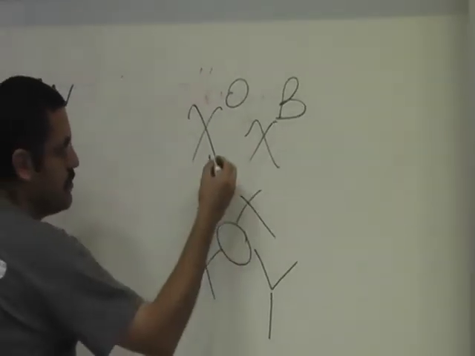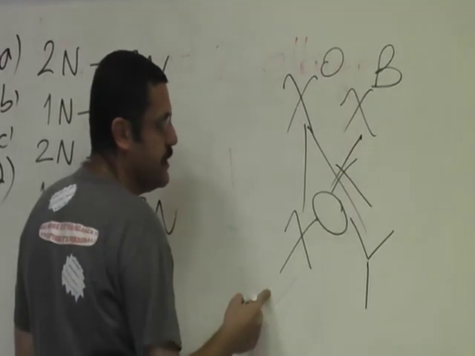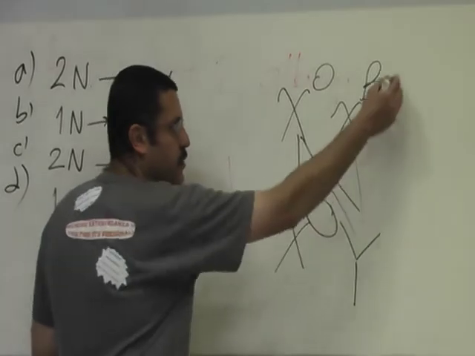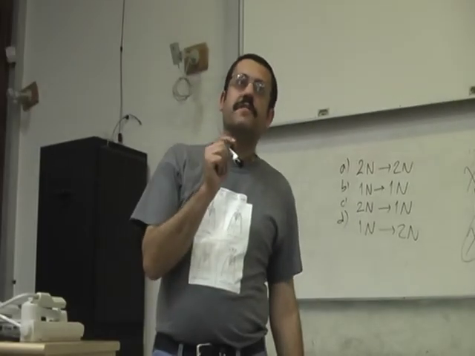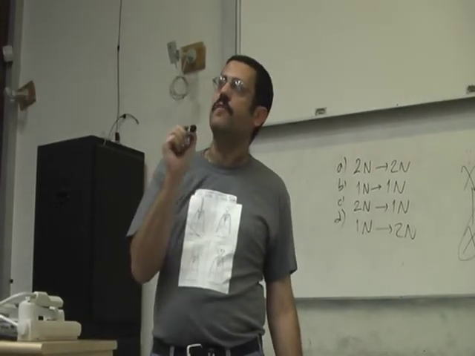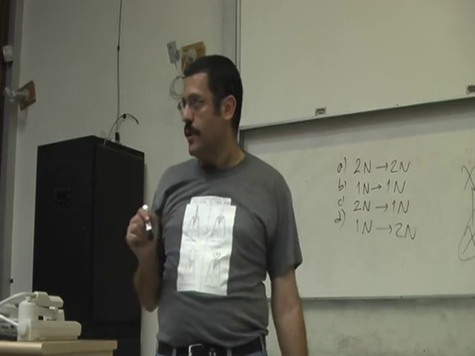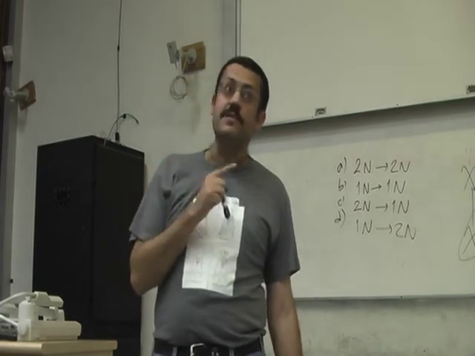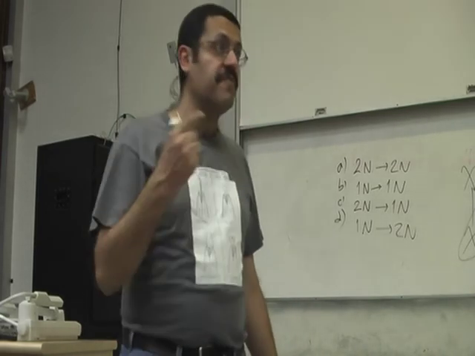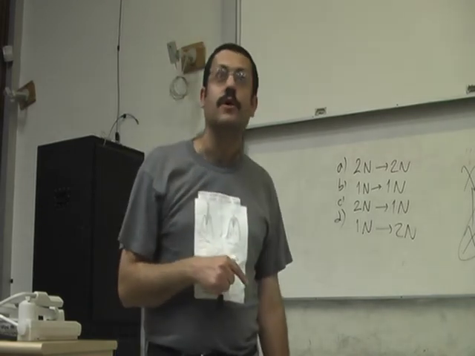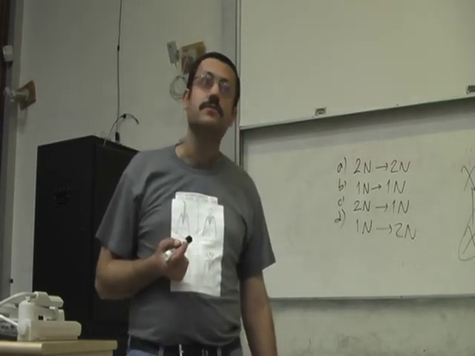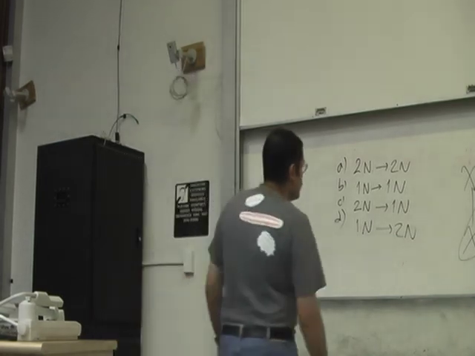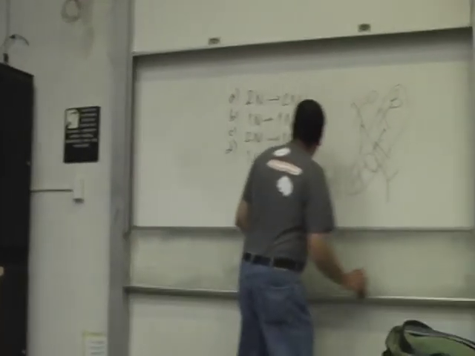XO, XOY, XBO, XOY. There's only one calico. 1 out of 4. And remember the terminology. If it's asking you what percentage of their kittens is going to be calico, it's 25%. What percentage of their female kittens will be calico, and that's 50%. So, any